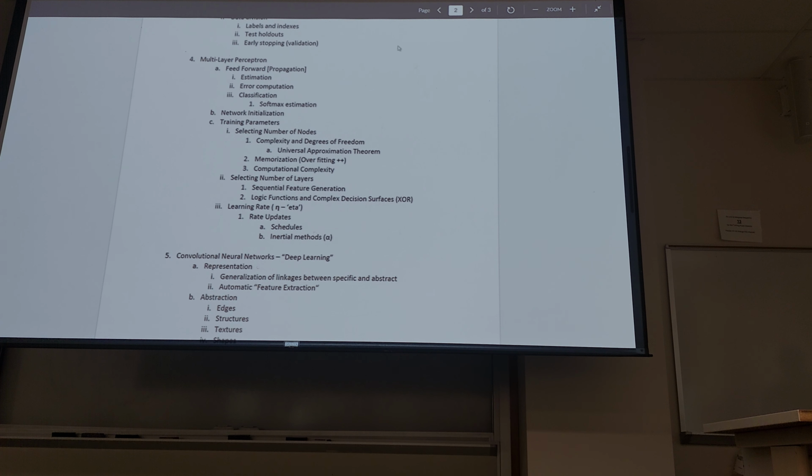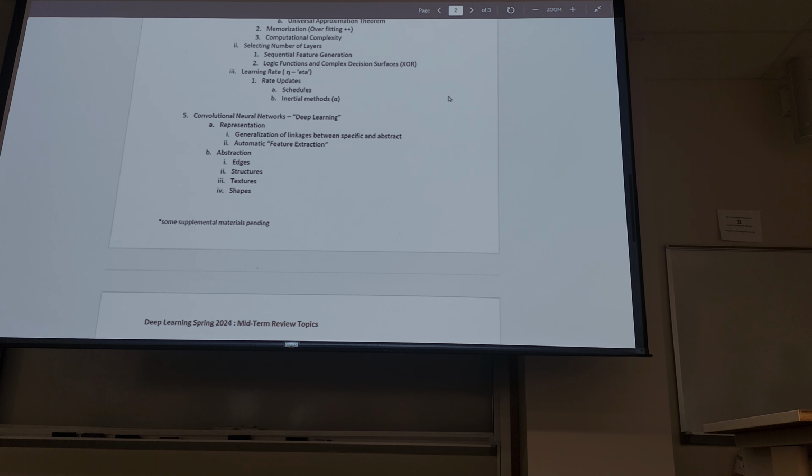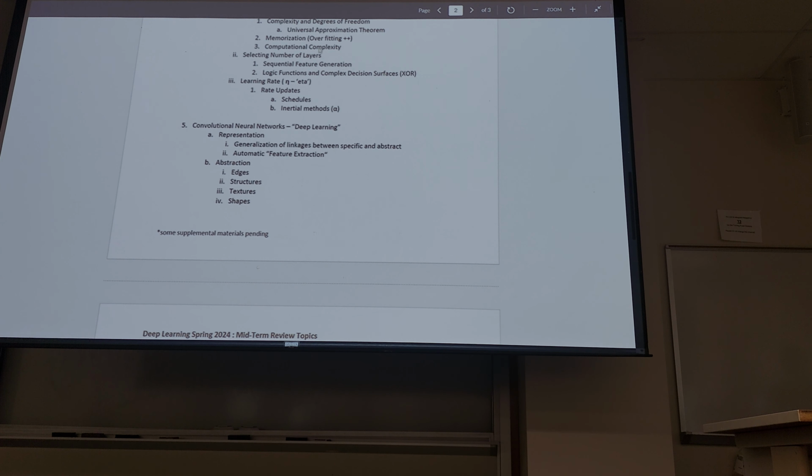Data division, you guys have done a little bit of this. Some of you have chosen validation-based stopping. We talk about how we label data and indexing. Everybody knows this one's pretty simple. What's the concept of test holdouts and what are they for, right? These are gimme questions in a sense, because you should be able to answer these the same way you do in every data science class, right? Why do you need testing? Because you've got to make sure it's a model that will work in the future. If you don't have the ability to pull new data for it, you need to hold some back just to check that it's working. We've already talked about all of that. Some of this is repetition, just an expansion on it.